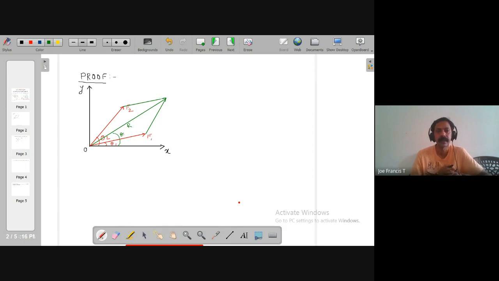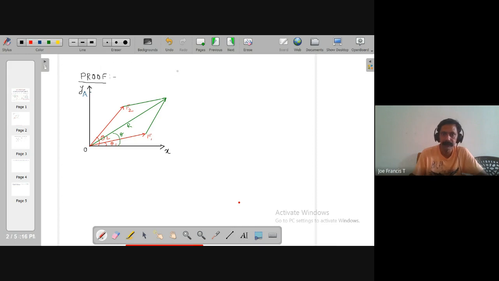So there are two forces F1 and F2 and a resultant R, all acting at a point O. Now suppose I select a point in this plane. Say I select a point here, A. Somewhere here I select a point A. I'm going to take moments with respect to that point A. Now what does the theorem say? Theorem says that